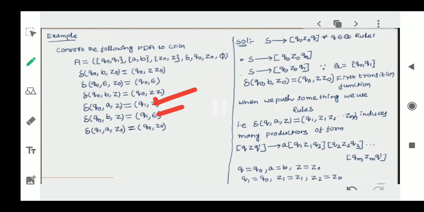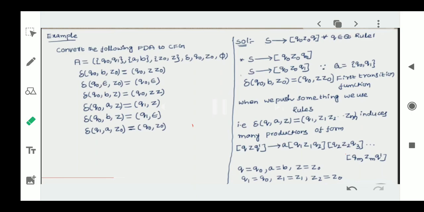So here it is a pop operation. It is representing no operation actually. If it is no operation also, you just consider that the equation is of the form, the stack is containing only Z0. So consider the same equation is of the form of rule 3. Compare with rule 3 and make the productions into rule 3.